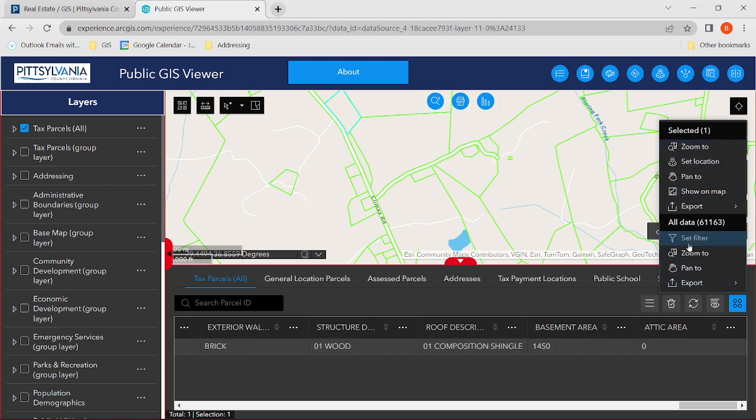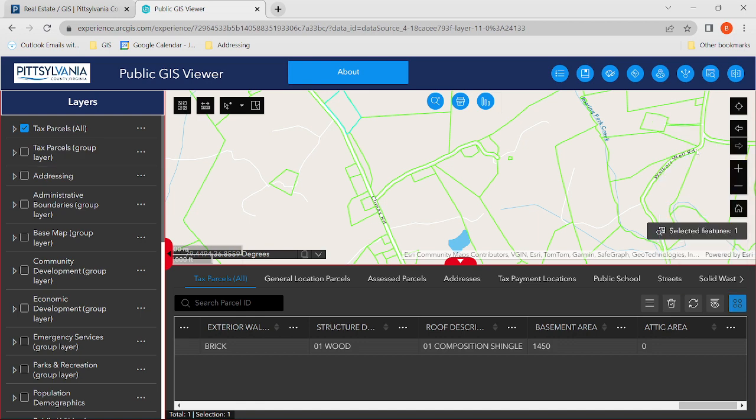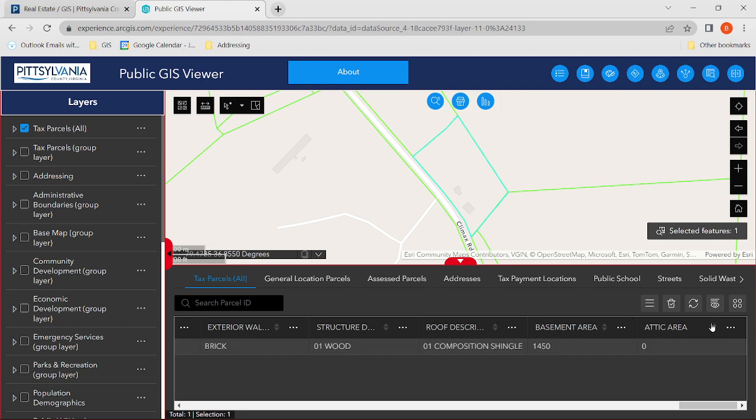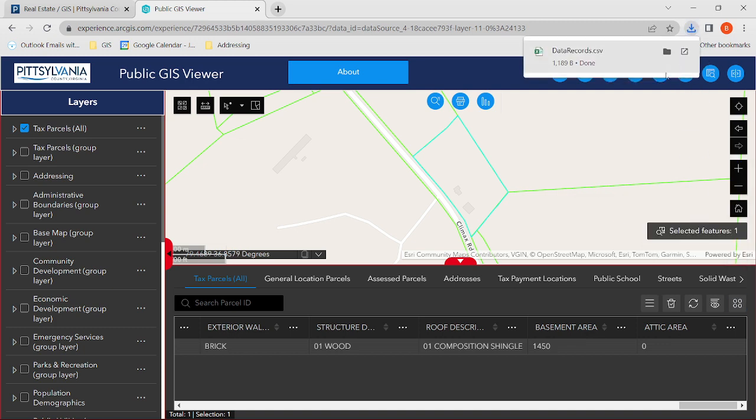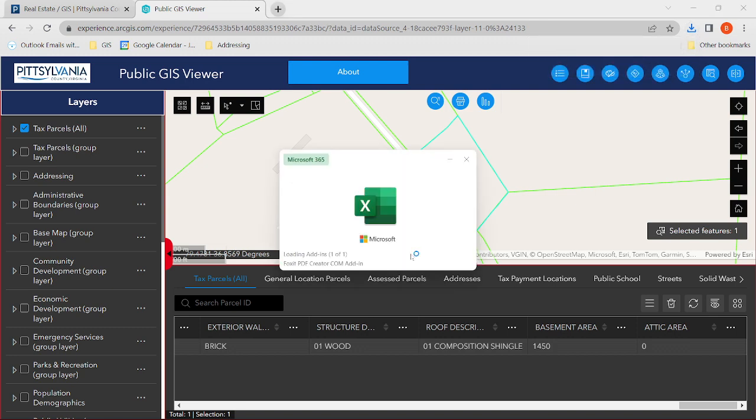Okay, there's two options here with similar tools, so I can like zoom to the selected parcel, different actions. But here's a tool that may be very useful to export to CSV, right? And so let's open that, download,